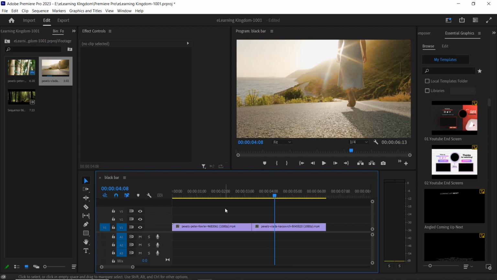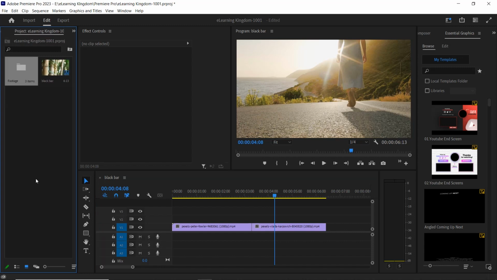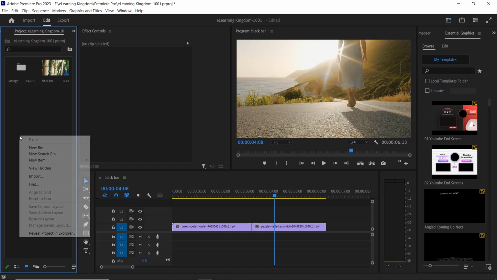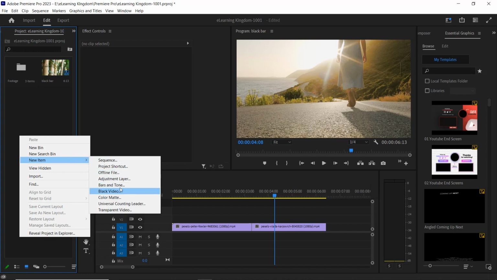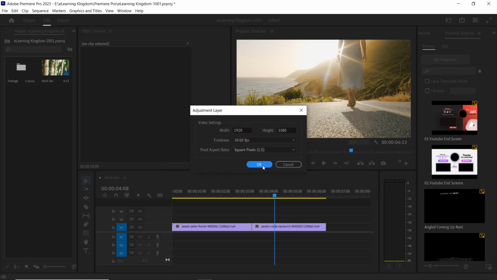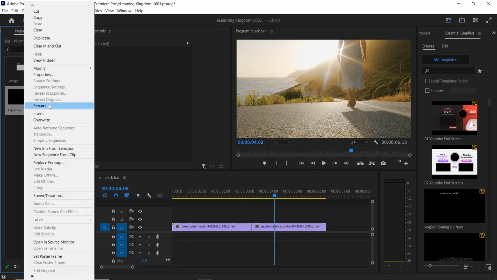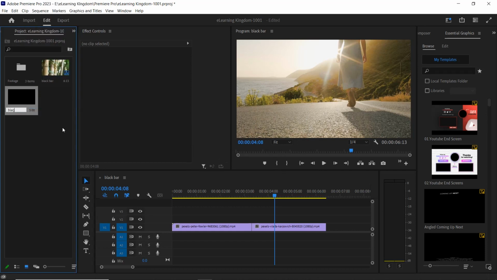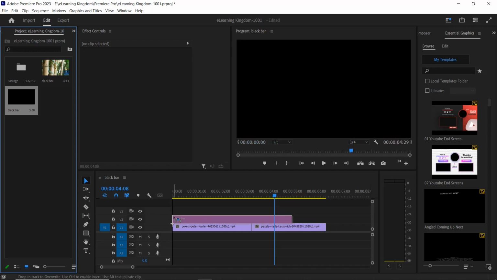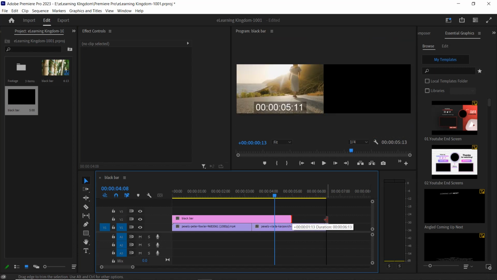Now for this I need to go to the project panel, project, and right click on mouse, new item, adjustment layer. Okay, adjustment layer. Now you can rename it black bar. Okay, so black bar, select the black bar, click, drag and drop above the footage. So full footage